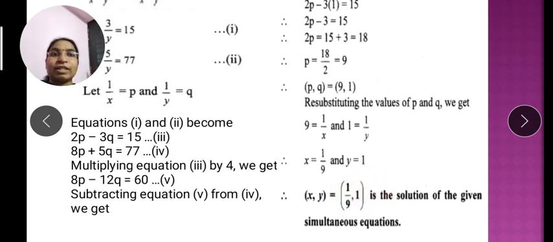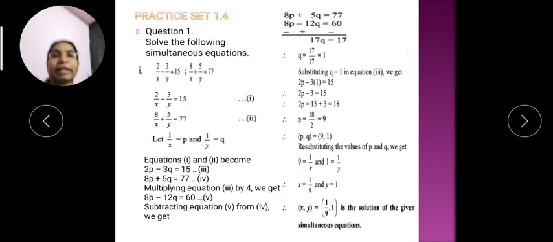And now this is the solution of the given simultaneous equations. Understood, students? So what are the steps to solve this 1.4 practice set? First, the given equation is not a linear equation. If it is not a linear equation, then make it linear by substituting a variable. After making the linear equation, solve by the substitution or elimination method. After solving, you will get the variable values, but those values are not the actual values. Then substitute them in the actual values, and you will get the values of x and y. So in this way you have to solve 1.4. Understood, students?